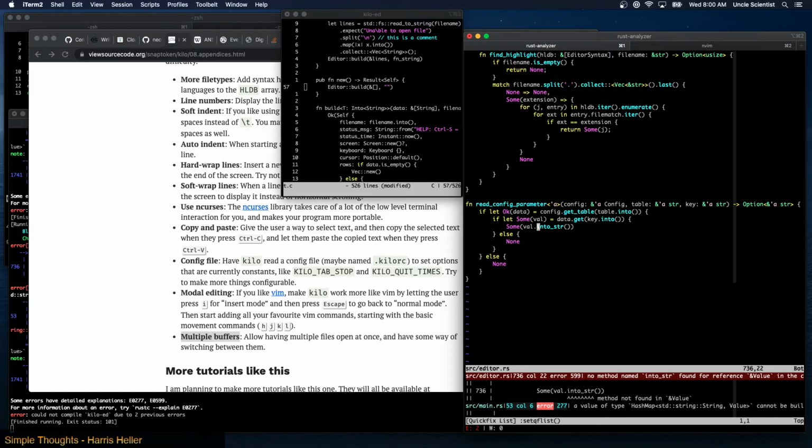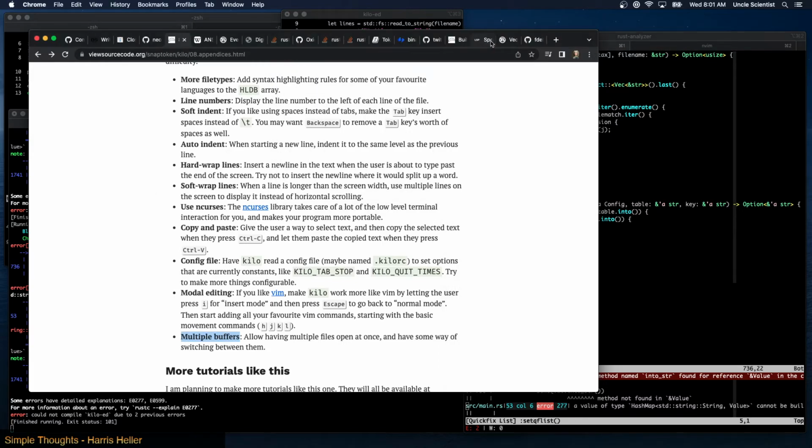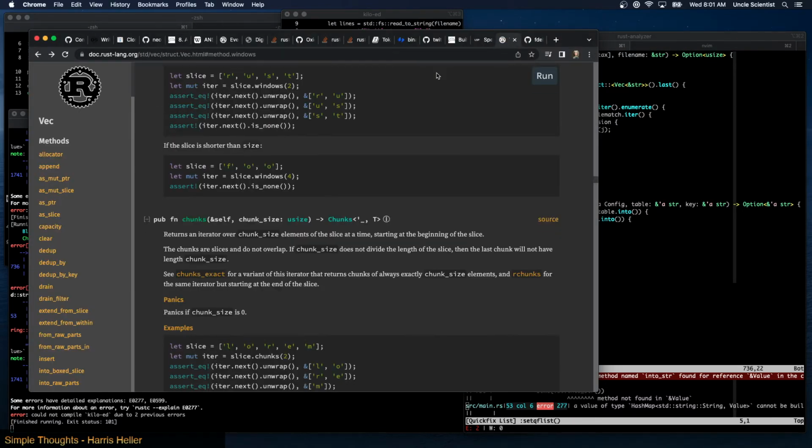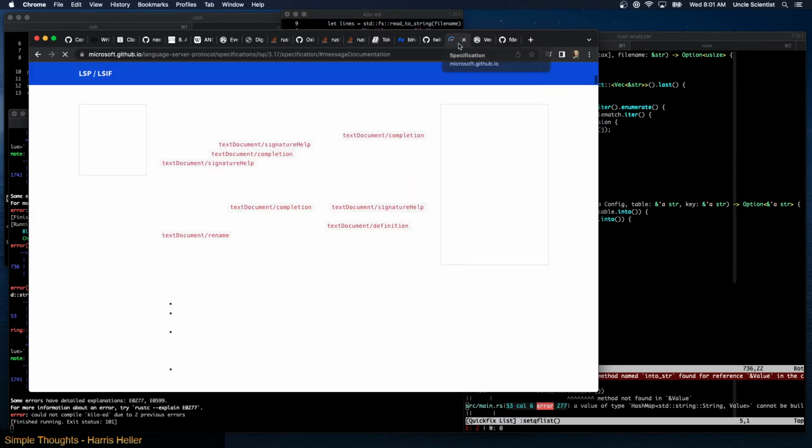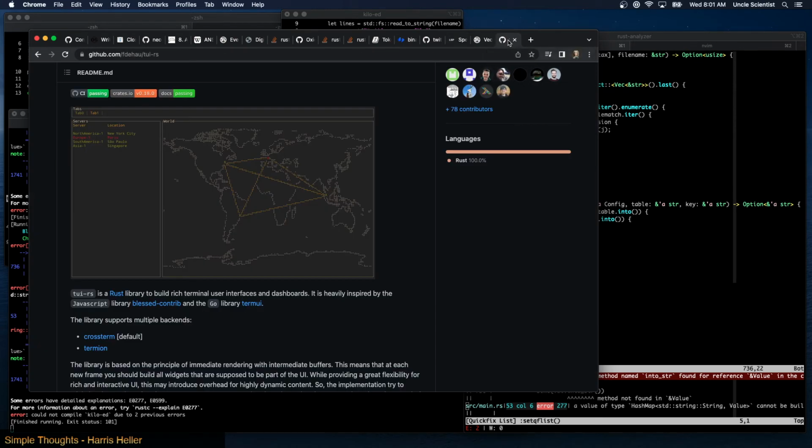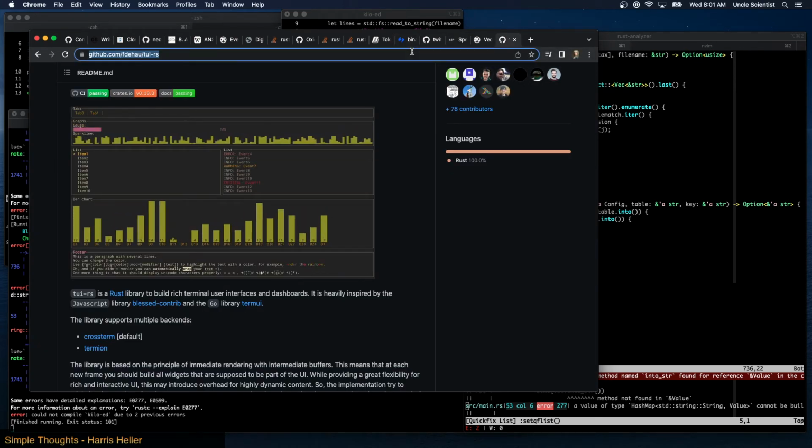It does not. Okay, so we have to look up config. Do we have that still here somewhere? We don't. Binary search. Why do I have two of these? I don't need two of these. This is the LSP code. This is this. Okay, so what we'll do is we'll look